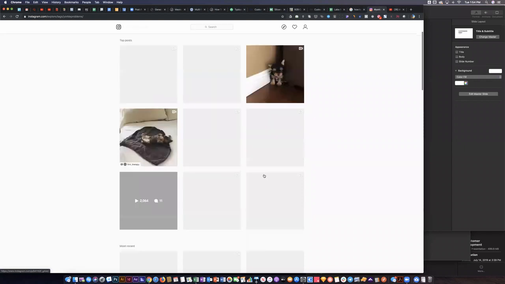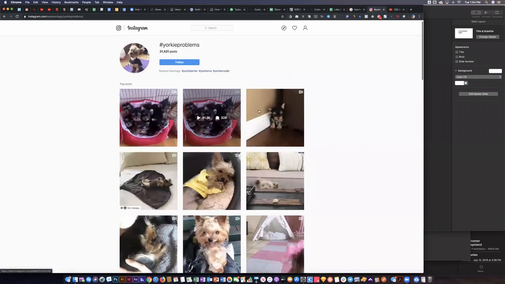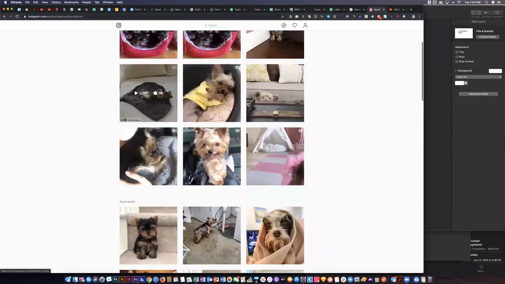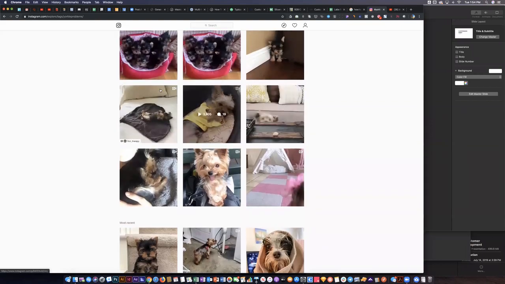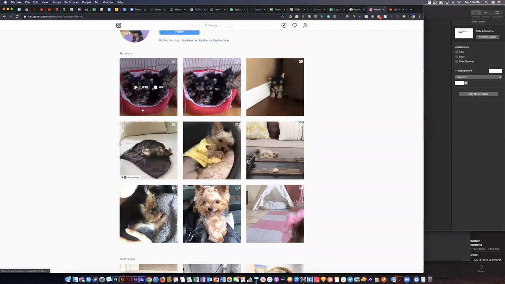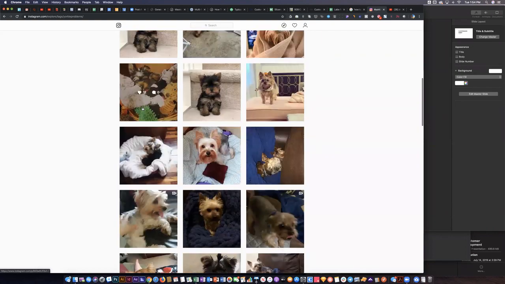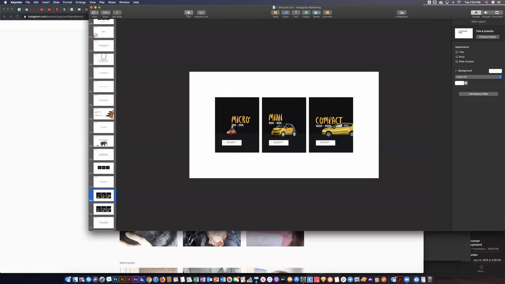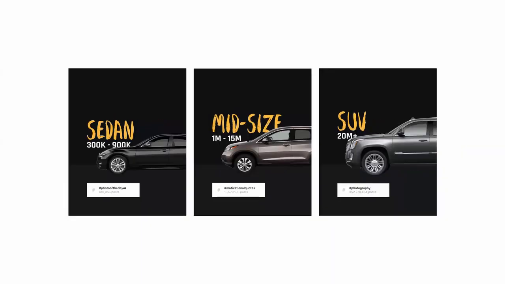Okay, it's actually pretty high. But this is where the research comes into play. You just need to be able to, on your phone, get an idea of what that may be. On the web, the layout is a little bit different, but the top post tab is an infinite scroll. So I would just recommend looking at maybe the 10th or 20th row down, to get an idea of just how well you might do if you post here. And let that be your guide of whether or not to decide to use this hashtag as your small, medium, or large.